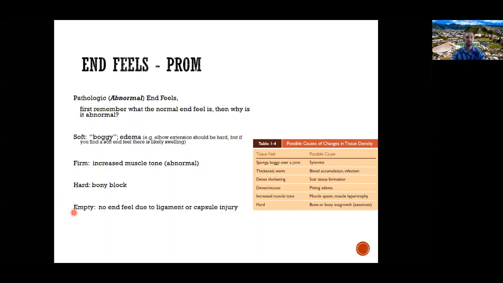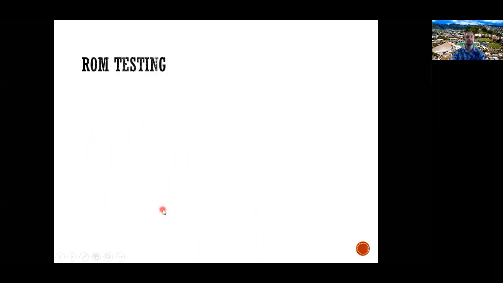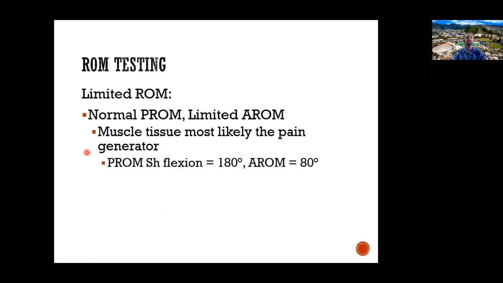Okay, and then the last one that they don't mention here, but anytime we're assessing a ligament at a passive range of motion or for an end-feel, if it's completely torn, then the ligament or capsule is not there to stabilize it. Okay. So thinking about trying to combine these ideas of active and passive range of motion,